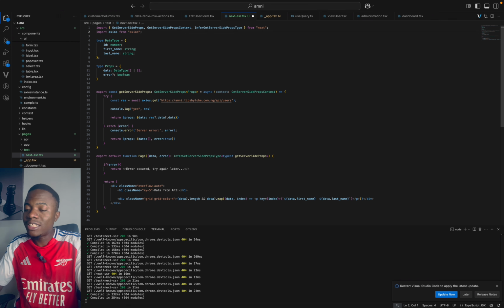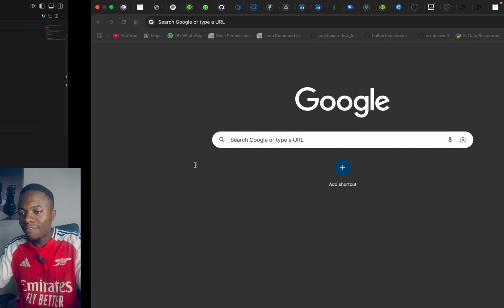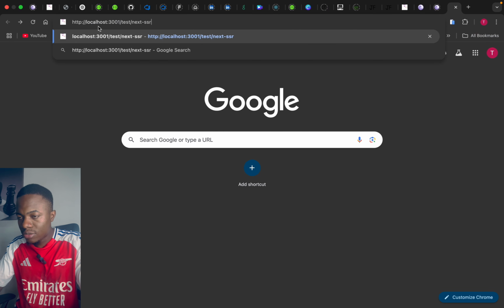So what I've done here is basically call the same API call I did when it was a client side component. I called the same API call, the data I used on my page, I return the data here as a data prop. Then on my page I'm collecting data prop and using it for what I want to do on my page. So if I go to my browser and I visit the route, which is this, if I hit it,